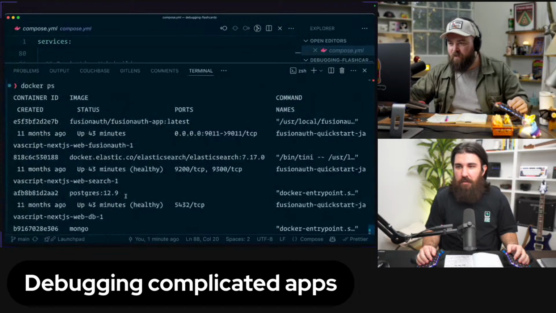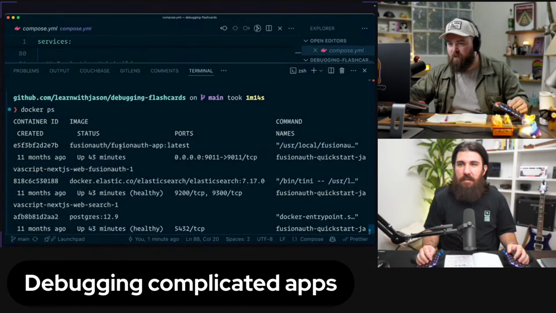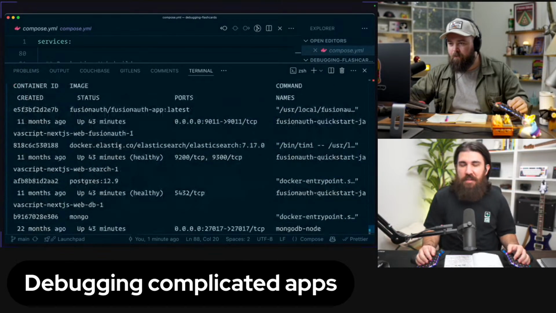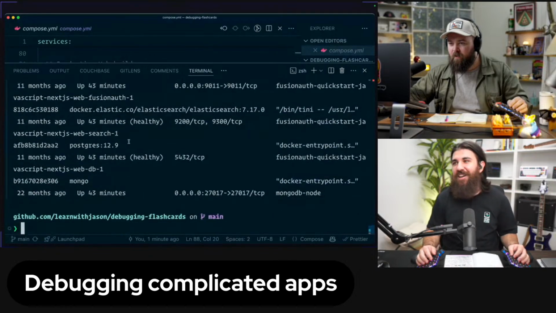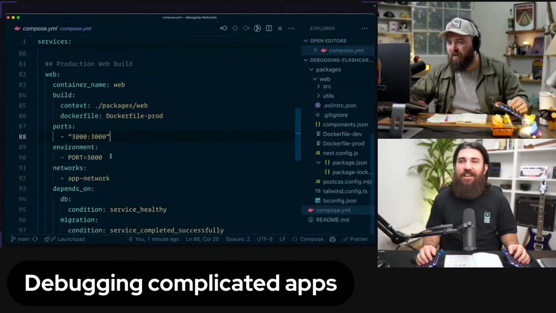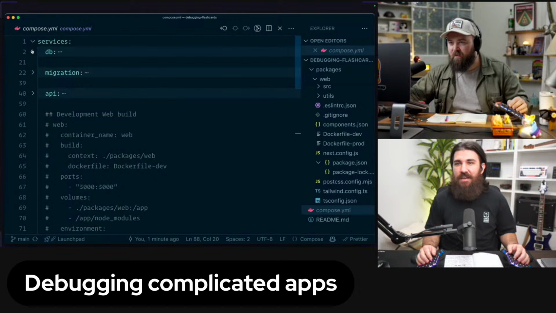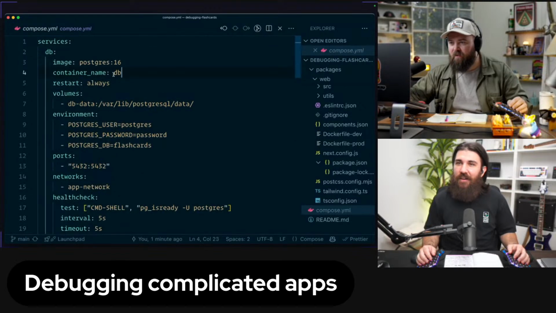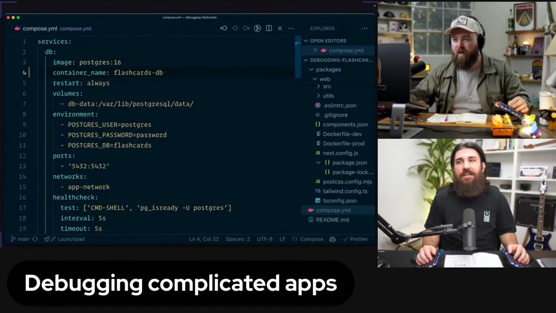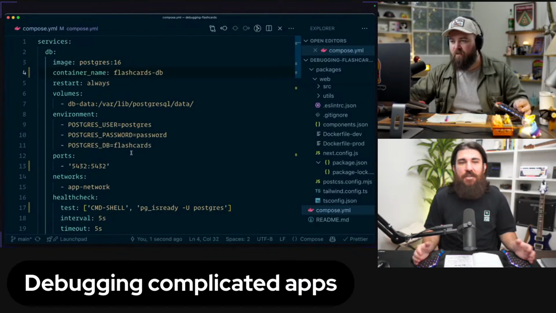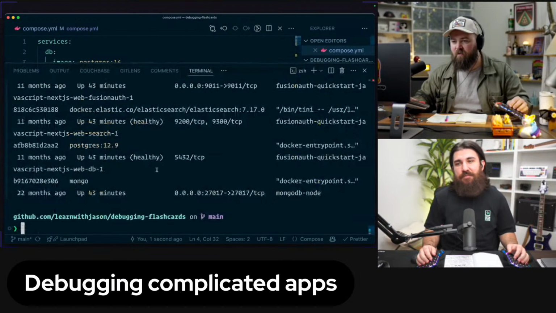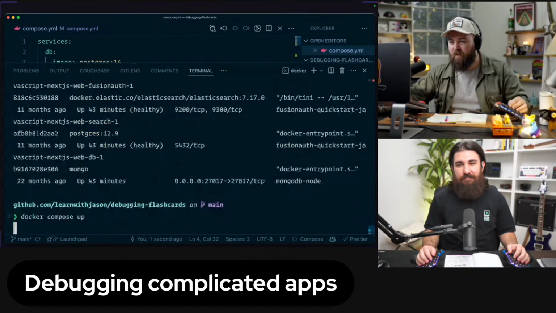Great. Let's see. What am I doing here? So maybe I should have named that. Let's try this. This is off the script. So go to the compose YAML. Scroll all the way up to the DB and just change that. Do, I don't know, flashcards-db or something like that. Okay, and that won't break anything else? It should be like a separate container now. Okay, so let's run that again.